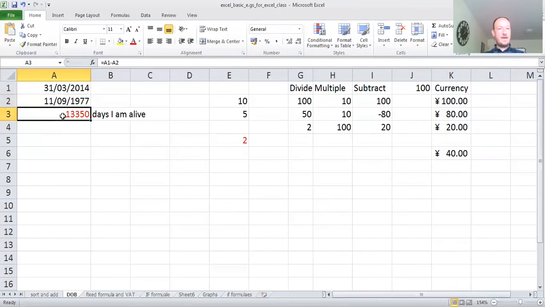And what you do then is you use the same idea, subtract the two dates from each other. The computer can do it for you. So to calculate the amount of days from when you were born to today, all you do is go equals A1, that's cell A1, minus A2, and it'll give you, I got like